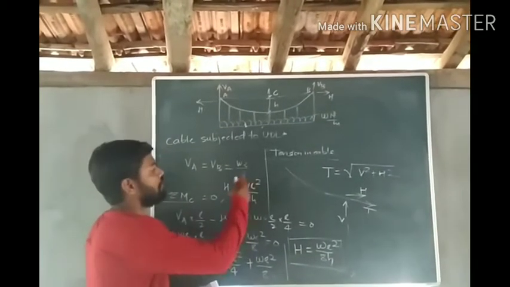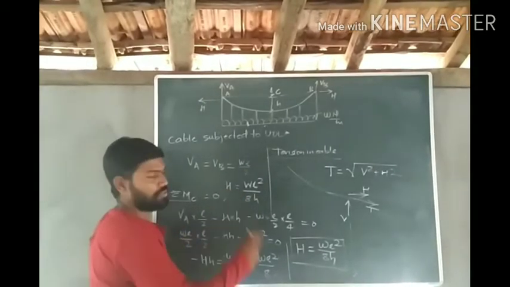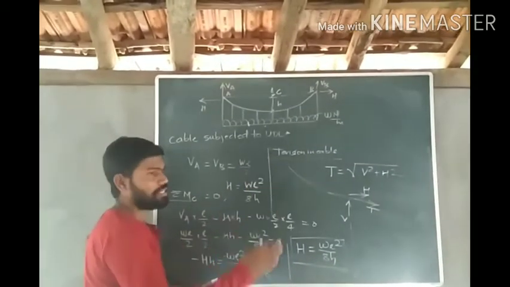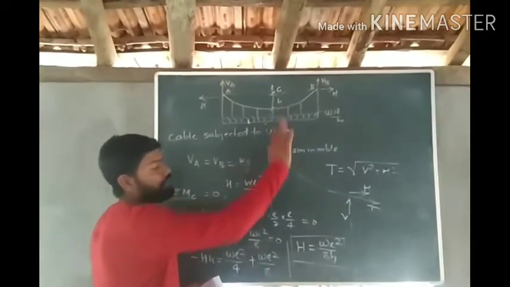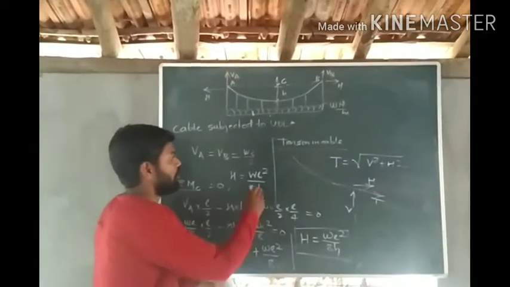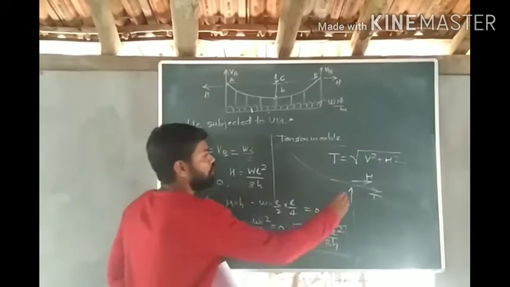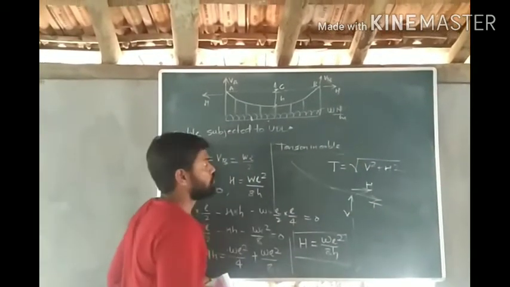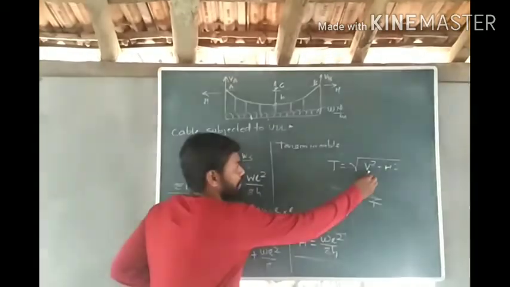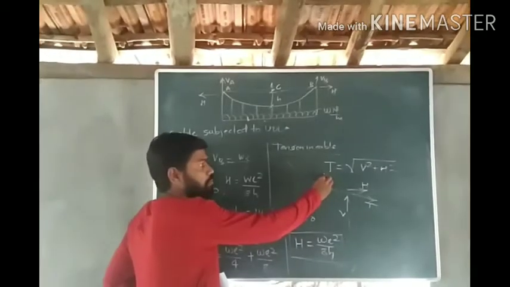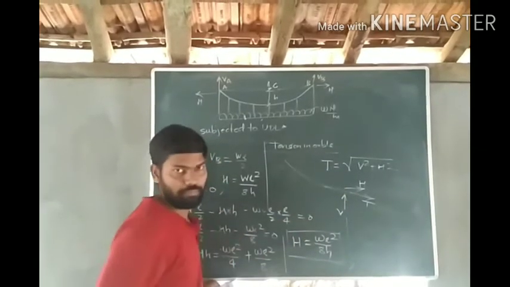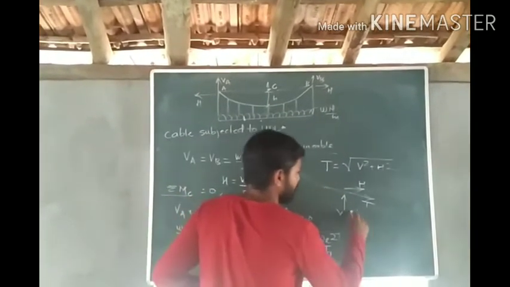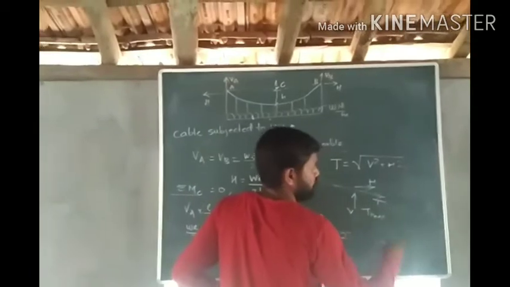So here this H will remain constant irrespective of any point. It will remain constant throughout the cable. So H value will remain constant, only V value will change. So when V value is maximum, tension will be maximum. When V is less or 0, tension will be minimum. Okay. So T max will be equal to